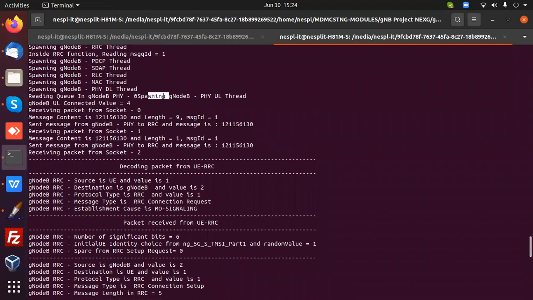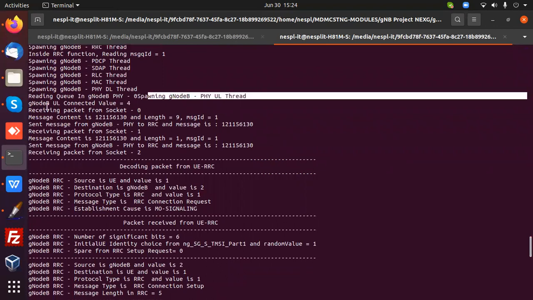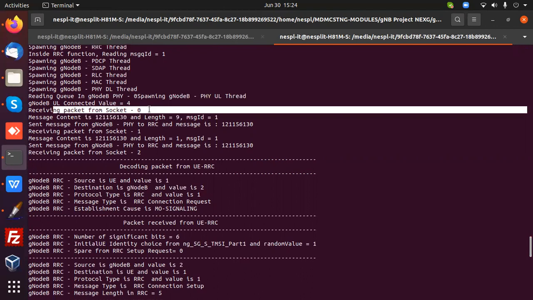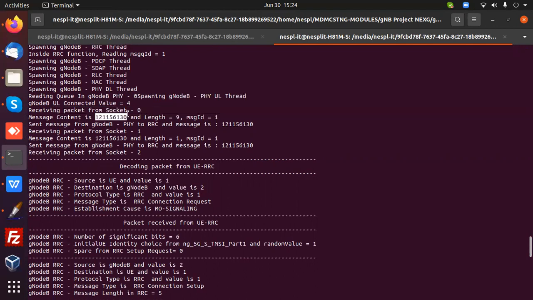So after the physical layer initialization, a socket is generated. This socket is initiated, and after the socket is initiated, the value the network gets is 121156130. This is the same string that was passed from the UE. Okay, there you can see the gNodeB physical layer forwards this message to the respective protocol layer, and that